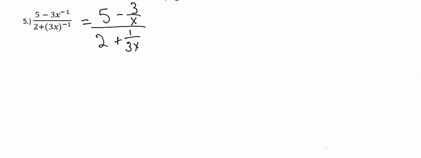Now I'm going to take a look at them and make each numerator and denominator have the same denominator. So in the numerator, I'm going to multiply by x over x because 5 is really over 1. So the denominator in the numerator is x. And I won't have to do anything to the second fraction. In the denominator, 2 over 1, I look at the common denominator as 3x. So 3x over 3x. And I don't have to do anything with that second fraction. So we're left with 5x